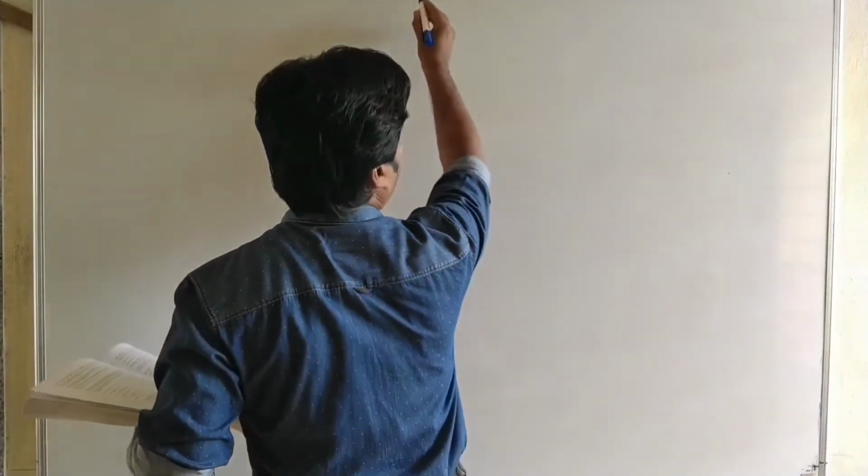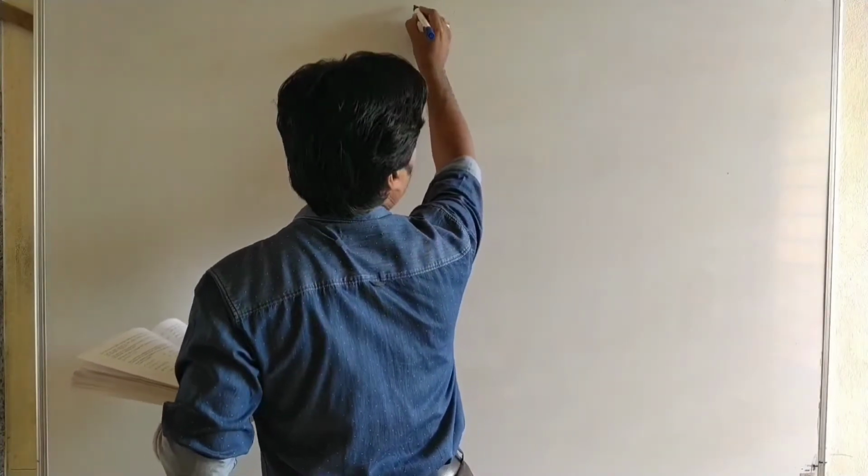Today we see the examples on the scalar triple product by using the properties of the scalar triple product in the miscellaneous exercise 5. In the last lecture we saw the examples of the scalar triple product of the exercise 5.5 by using the properties of the scalar triple product. Now we see the examples on the miscellaneous exercise 5. Here example number 42.